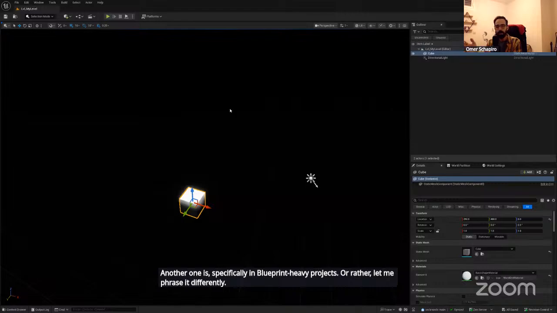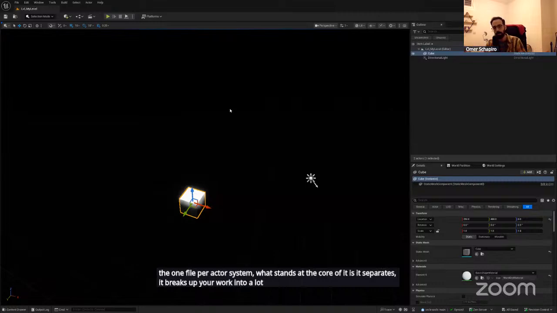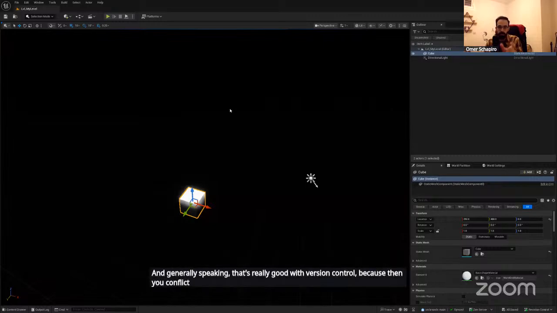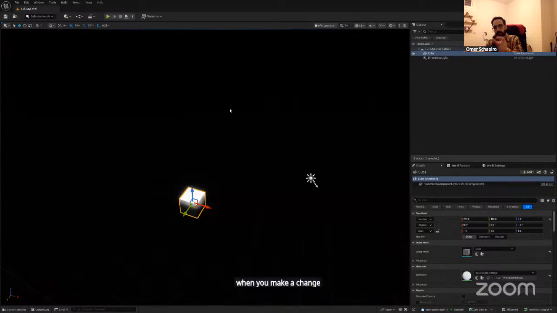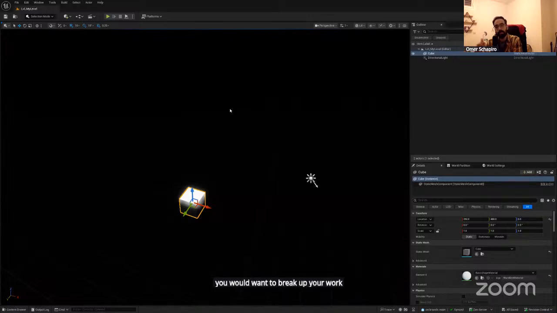The one file per actor system, at its core, breaks up your work into a lot of smaller chunks. Generally speaking, that's really good with version control because you conflict less, since when you make a change, it's for smaller parts. So for blueprints, especially in blueprint heavy or blueprint only projects, you would want to break up your work into as small